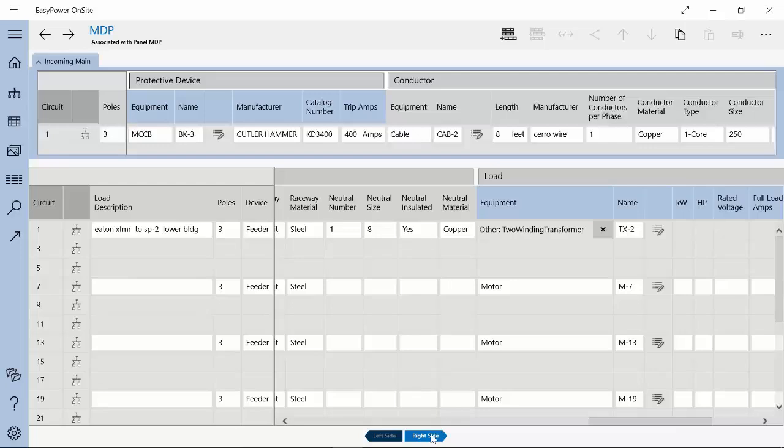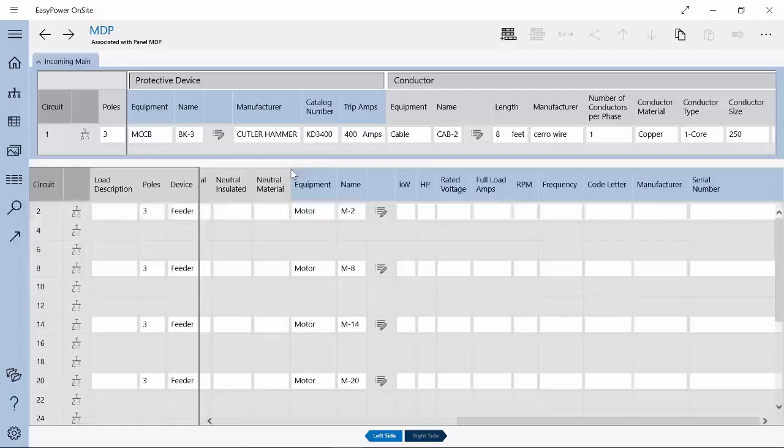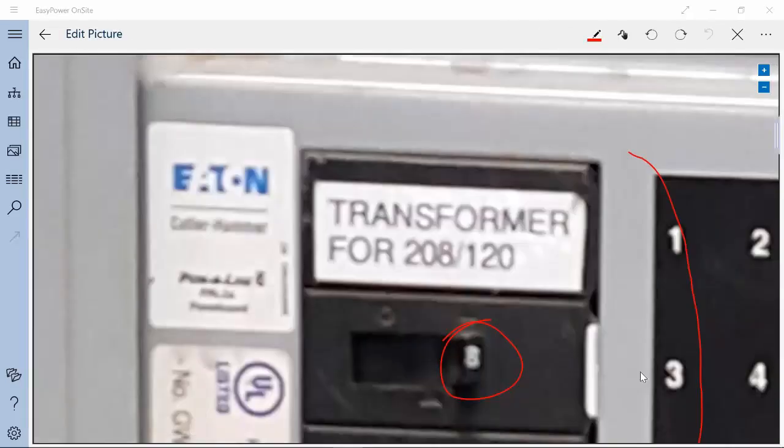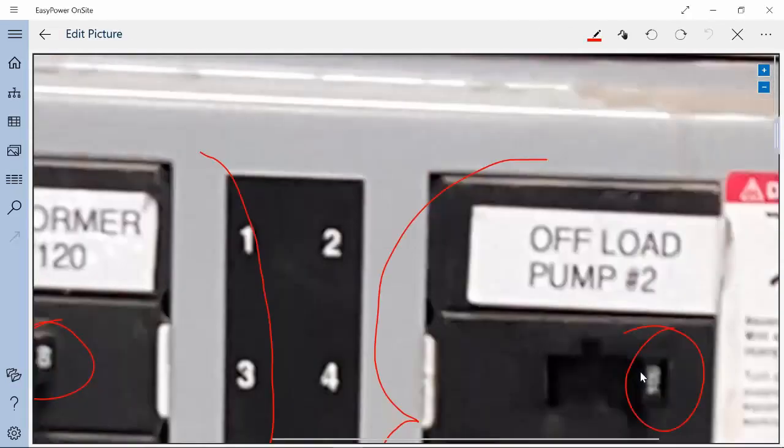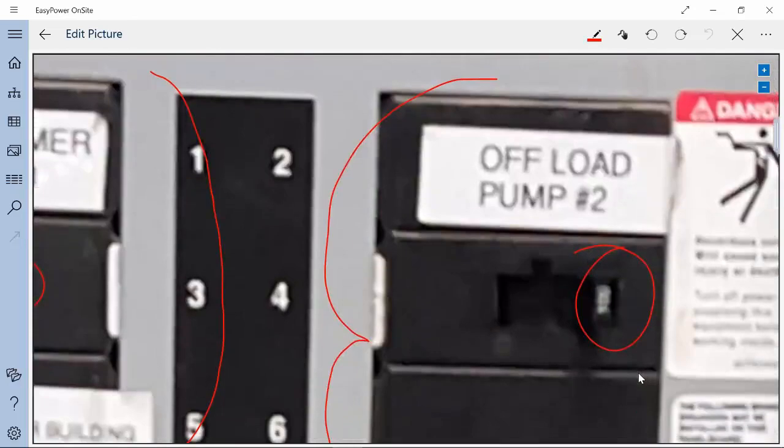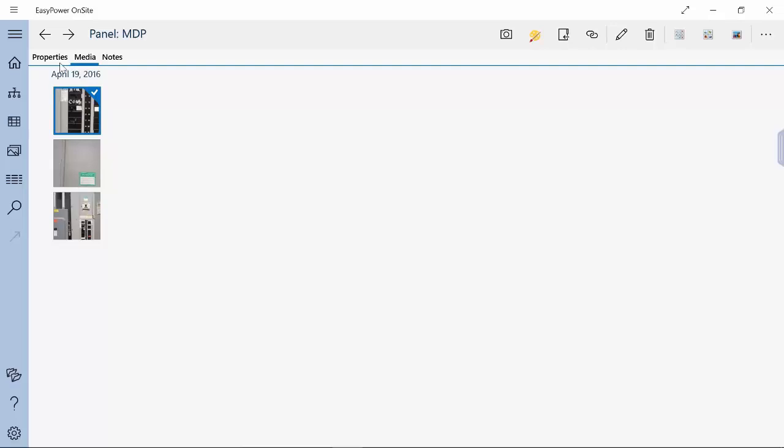Now let's go to the right-hand side where we're going to have the outboard. It's not going to be outboarded in this case. This will be the load of the pump that's going to be powered by the first circuits on the right side. Now if you recall, on the right side we have this offload pump number 2 set up for the first 3 phases there. And so as we go back to our spreadsheet,